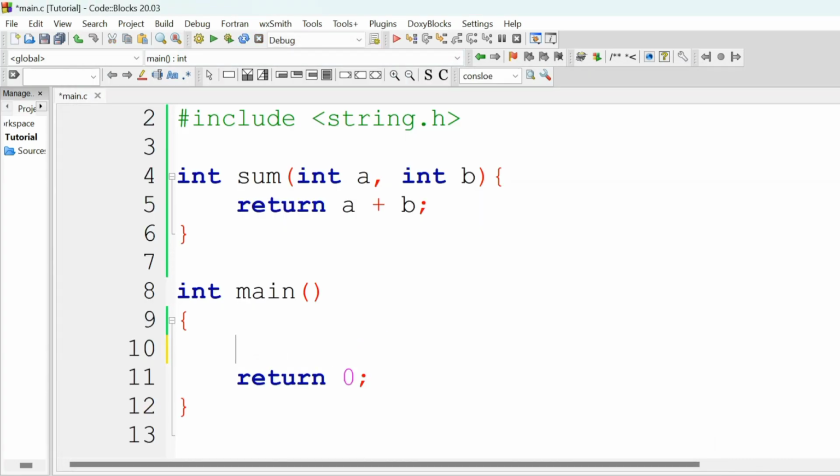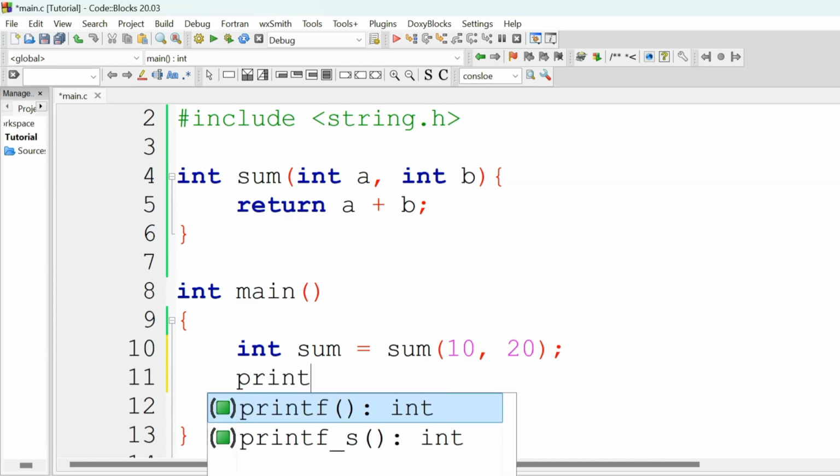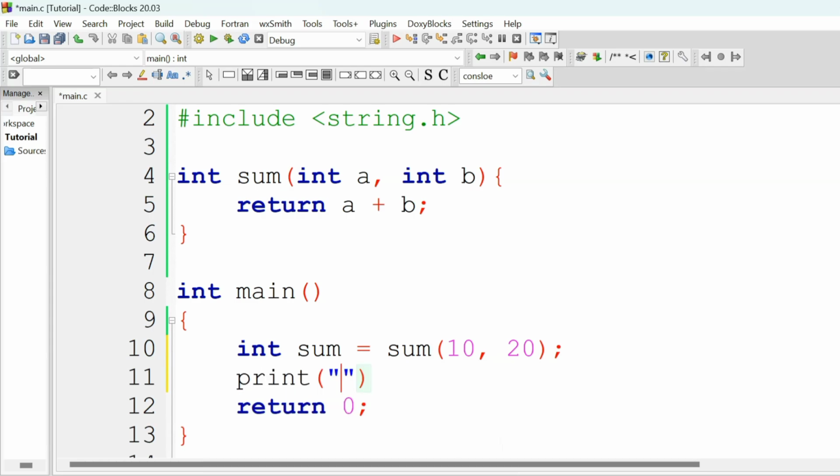If a function is returning a value, then I have to create a variable and set this equal to sum 10, 20, and now print this variable. The sum is %d, sum.